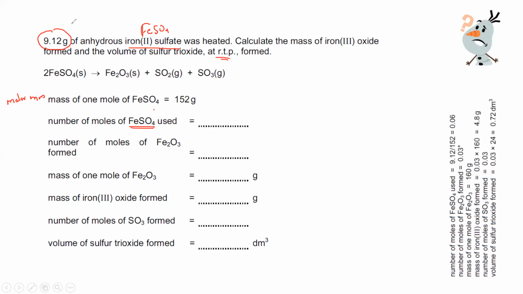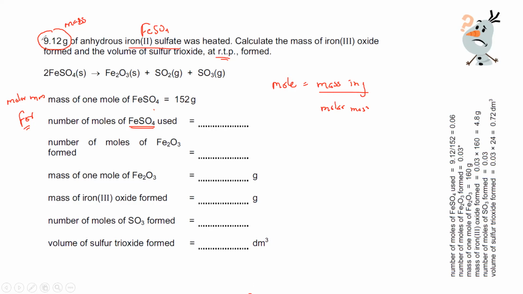If we need the number of moles and we have the mass of iron sulfate, what can we do? We can use a formula here. The formula to get the moles from the mass is moles equal